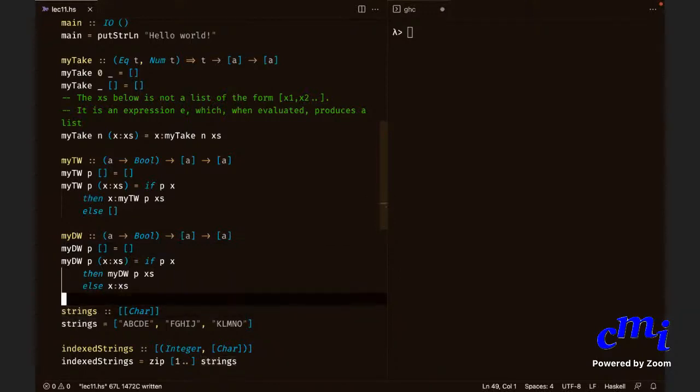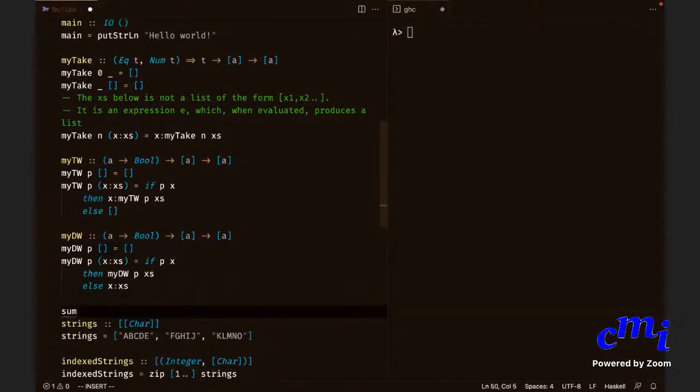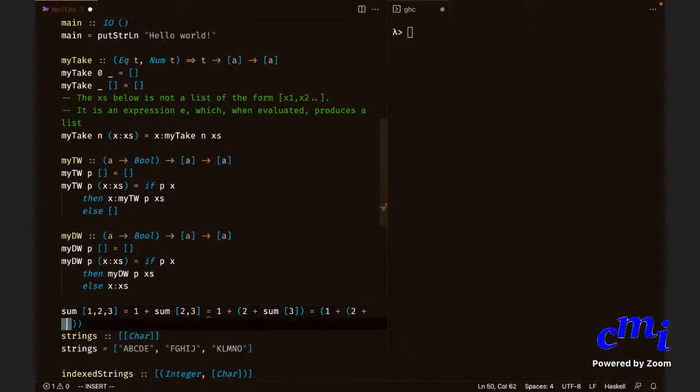So sum of 1, 2, 3 is 1 plus sum of 2, 3. That is equal to 1 plus, within parenthesis, 2 plus sum of 3. That is equal to 1 plus, within parenthesis, 2 plus 3 plus sum of the empty list.